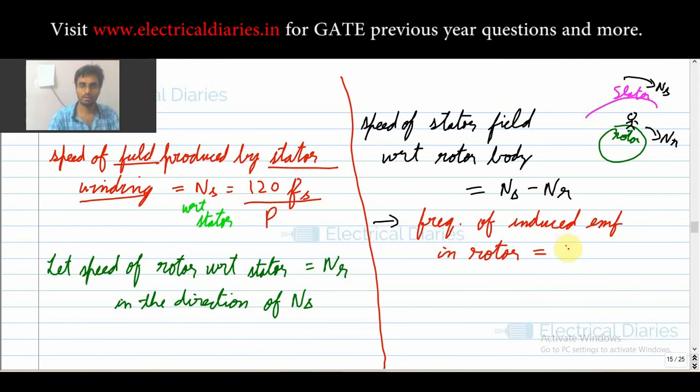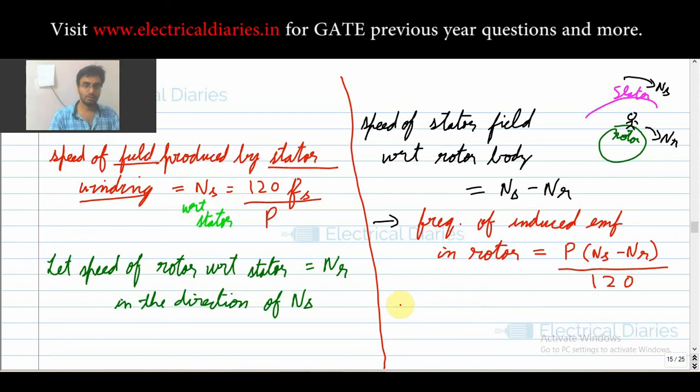So the frequency of the induced EMF in the rotor is what? By the same formula, Ns is equal to 120 f by P, I can write it as 120 into the relative speed that we are observing, Ns minus Nr, divided by, okay, I have written the wrong formula. It will be P into Ns minus Nr divided by 120. I hope you can remember the previous page statement and all the discussion that I have given to you, because this is very important. Once you understand this, you can attempt any question. So frequency of induced EMF in rotor is equal to P into this thing.